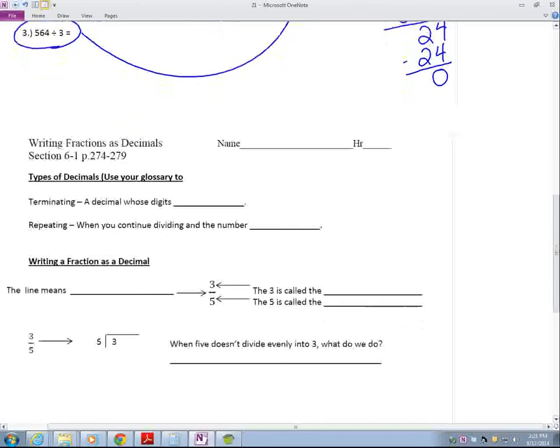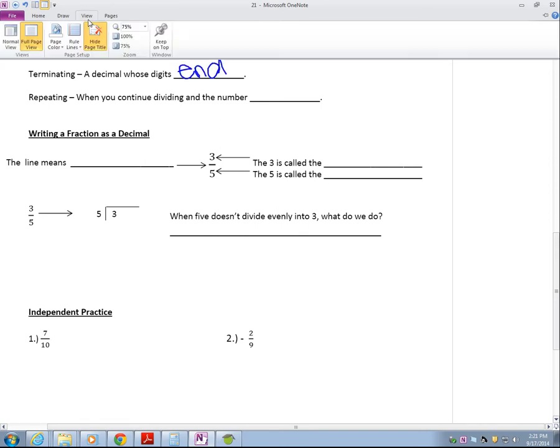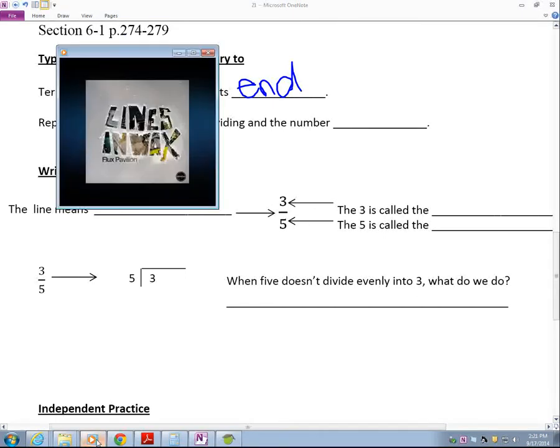Moving down. A terminating decimal is a decimal whose digits end. Then we have something with decimals that is repeating. When you continue dividing and the number